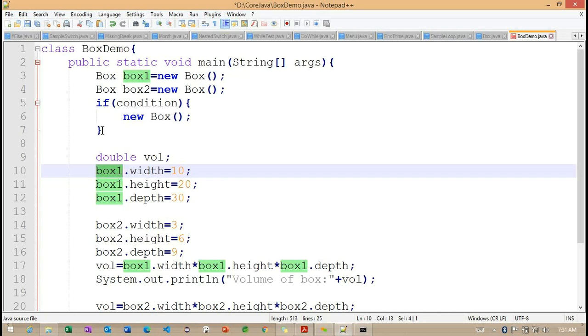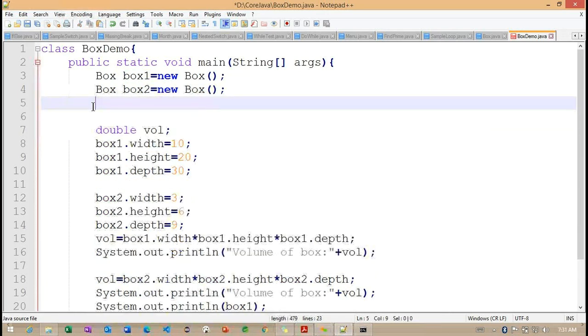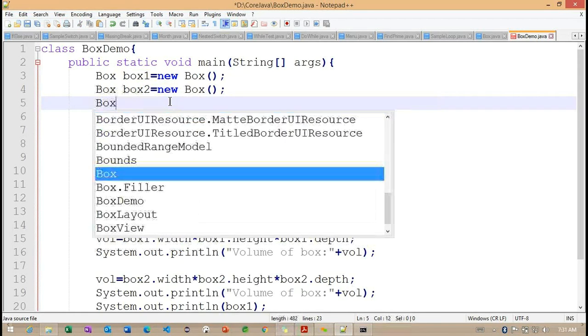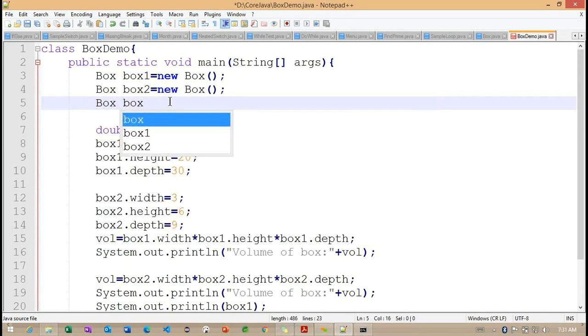So in these conditions, what we can do is go for the declaration and the initialization of this object separately. How can we declare it? Basically Box box3 here. This section provides the declaration. Getting the point? Line number 5 provides the declaration, right?